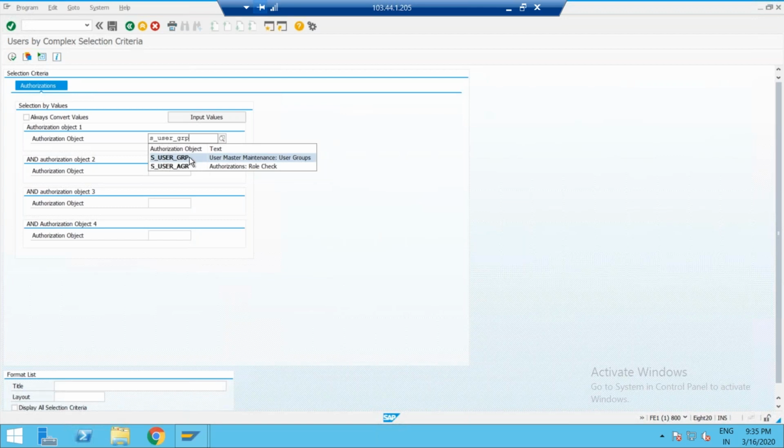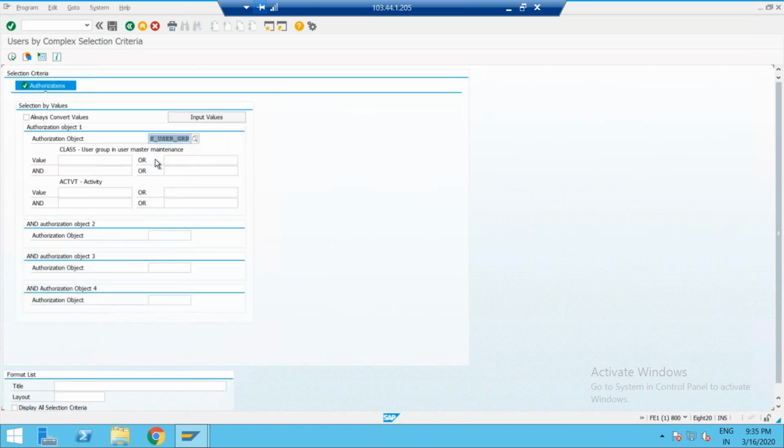Okay, and select the input values. Give the values, like 0, 1, 2. Like you want to know the activities, 0, 1, 2.